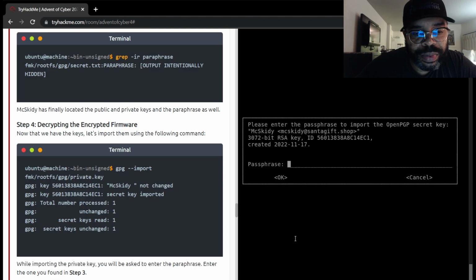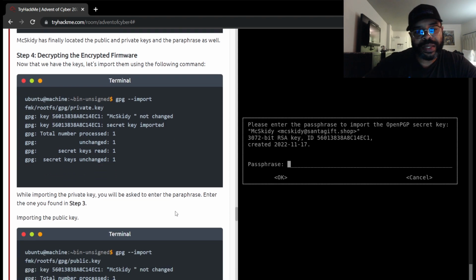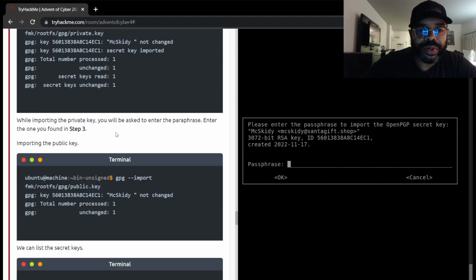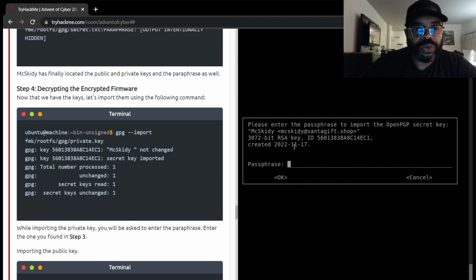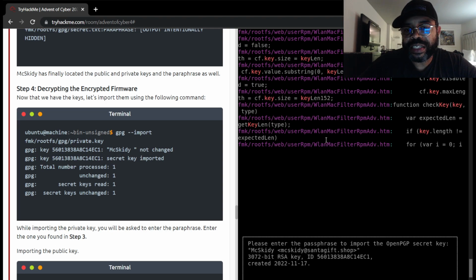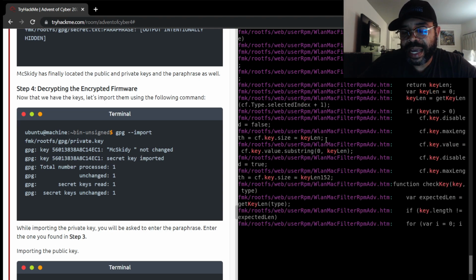All right, make sure I'm understanding. Okay, I'm not going to type anything here. Let's stay on target. While importing the private key, you will be asked to enter the passphrase. Enter the one you found in step 3. And so we know from the passphrase it was Santa at,